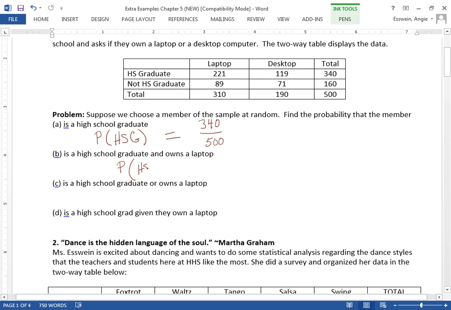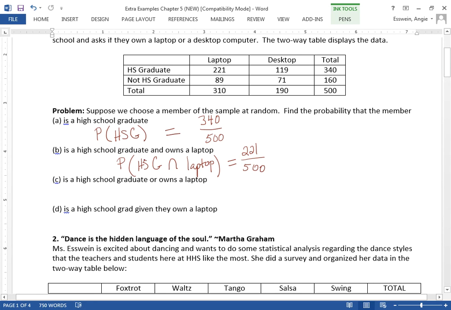Probability high school graduate. And let's use notation for and. We're going to use an intersection symbol. That's an and. It looks like an N intersection. It kind of looks like an A too for and. A laptop. This will go in your notes too. So it's like the intersection. You both are a high school graduate and you have a laptop. Where do you find that? Which number is that? Yeah, 221 right here. And we're still dividing by 500. We're not always going to, but so far